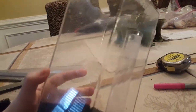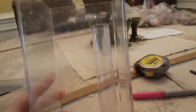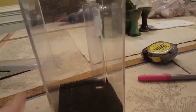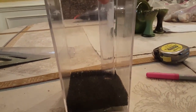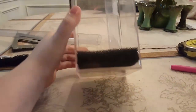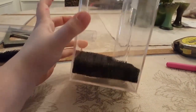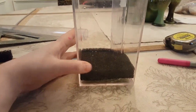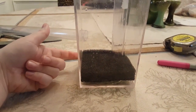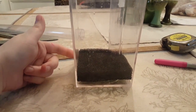I'm gonna clean off all this stuff, rinse it really well, and get that sticker residue off of, sorry, the dog's over there playing, distracting me. Get the sticker residue off of this uplift tube before I start it up. I'm also gonna probably get a little bit of filter media from my other filters and stick it in this. I might just take a sponge from one of my other filters and put a piece of it onto this,